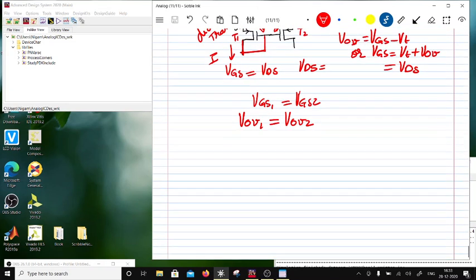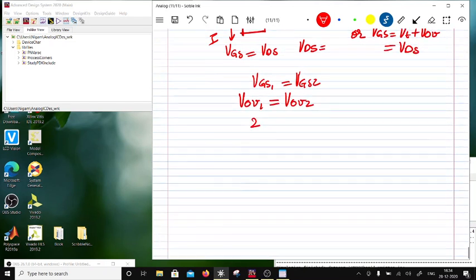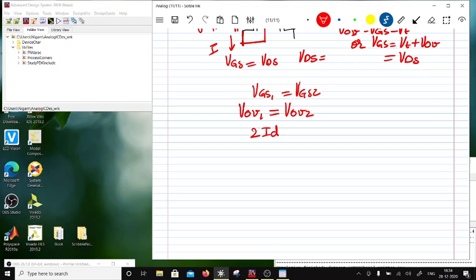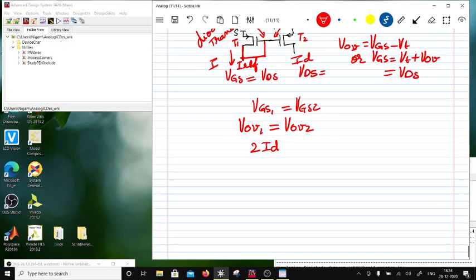So I can say VGS is equal to V overdrive plus VT. VT will cancel out, so V overdrive 1 equals V overdrive 2. So what that means is, this is the relationship: let's say this current is IREF and this current is ID. So I can write this as